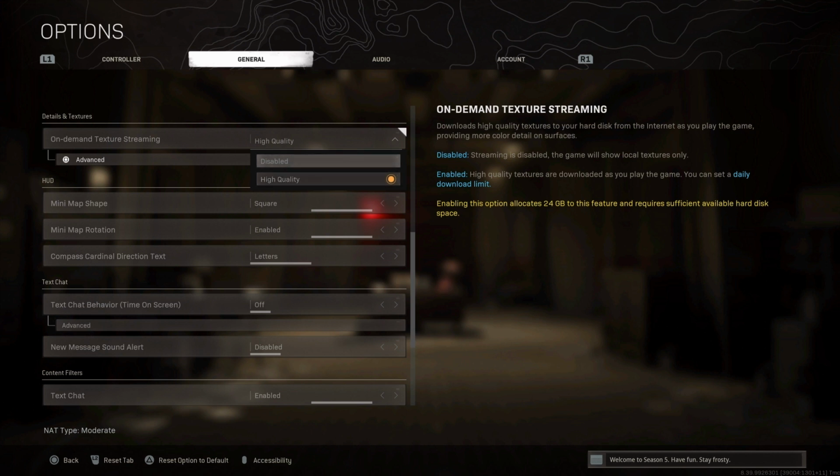If you change it from disabled to high quality, you have to reboot the game to get it to work, and the same if you disable it. It'll continue to work until you reboot the game, and then it'll disable on-demand texture streaming. Now, they keep adding new options here, so by the time that you watch this video it may have changed,